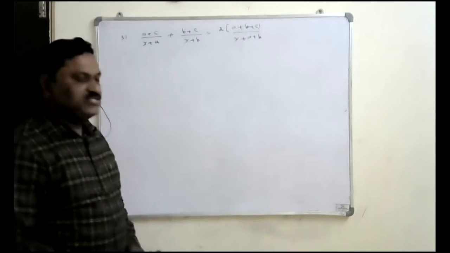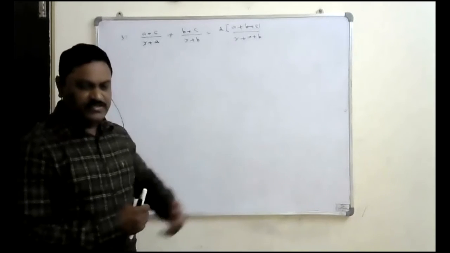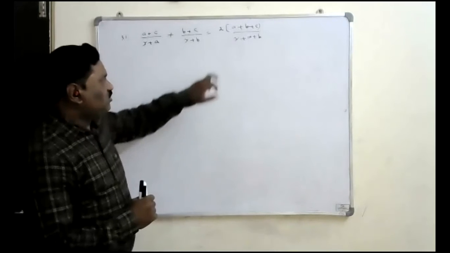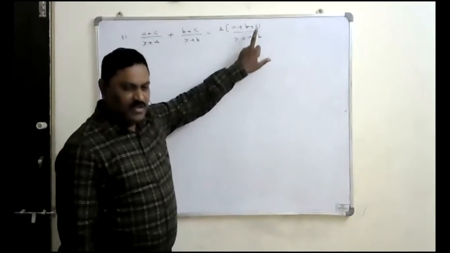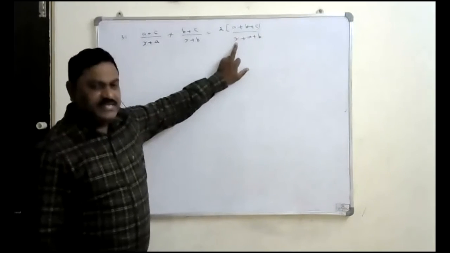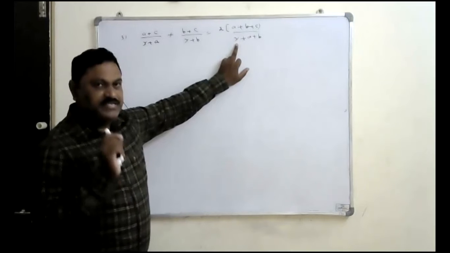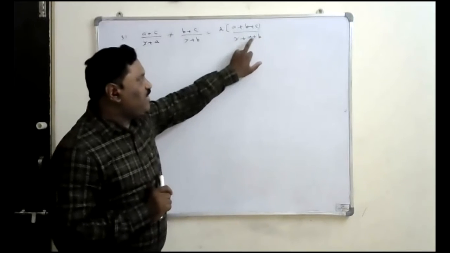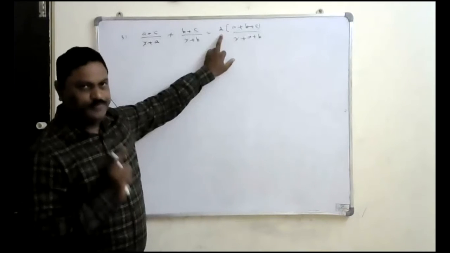If you want to find the solution directly by observation, we can write the solution for it. Just observe here, there is 2 times a plus b plus c, right? But in the denominator you can find a plus b only, and x is there. Suppose I take x equal to c, it also becomes a plus b plus c, no? These two get cancelled, then this value you get is 2.